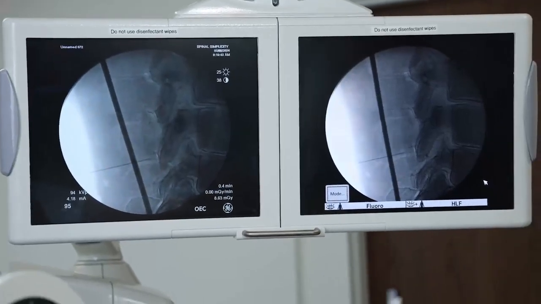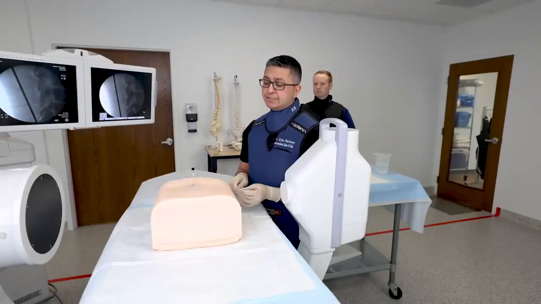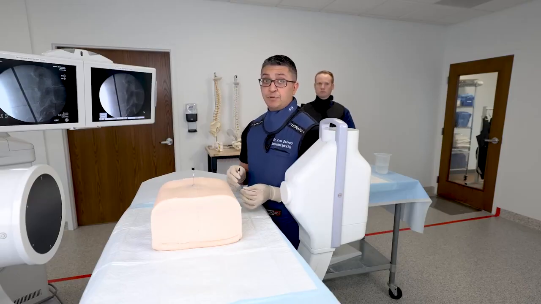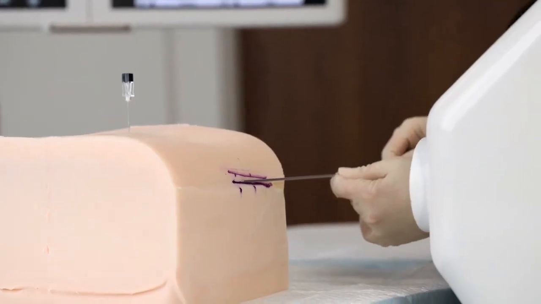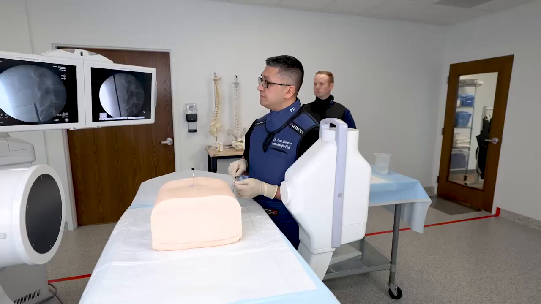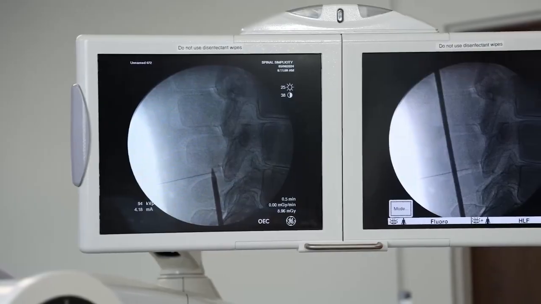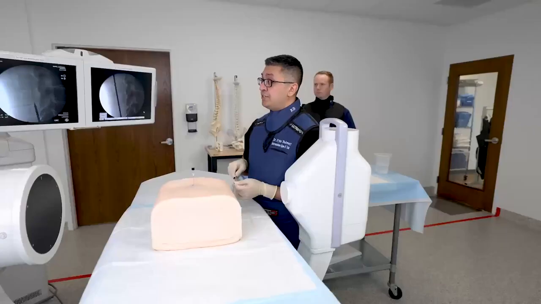The reason I'm making the posterior line on this cadaver is because typically when you're beginning the insertion portion, you want to make sure that your implant ends up between the anterior and the posterior line. So that would be X marks the spot. That's literally where your implant should end up.